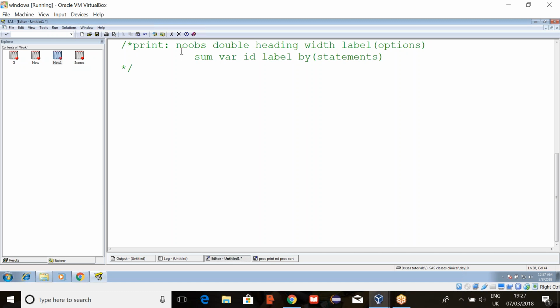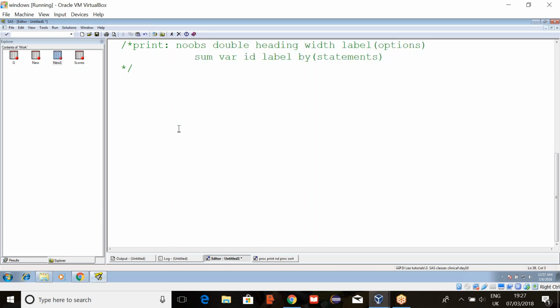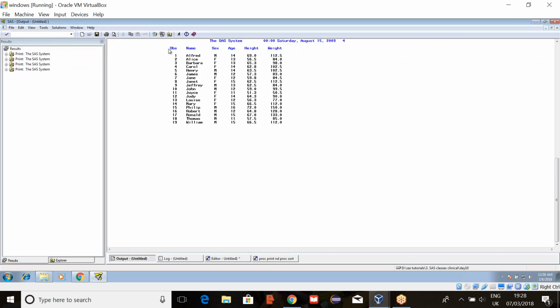Now let's see one by one. First, let's discuss options. If you print any data set, proc print data equals dataset name and then run, what will happen? It will give you the data present in that, and also it will give you the observation column, right? How many observations are there, it will give you that number.